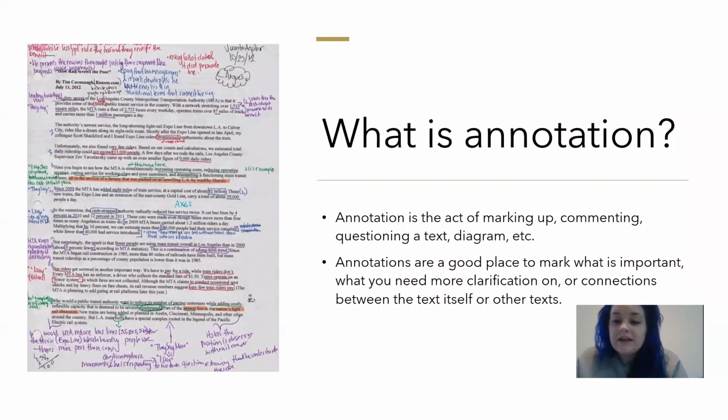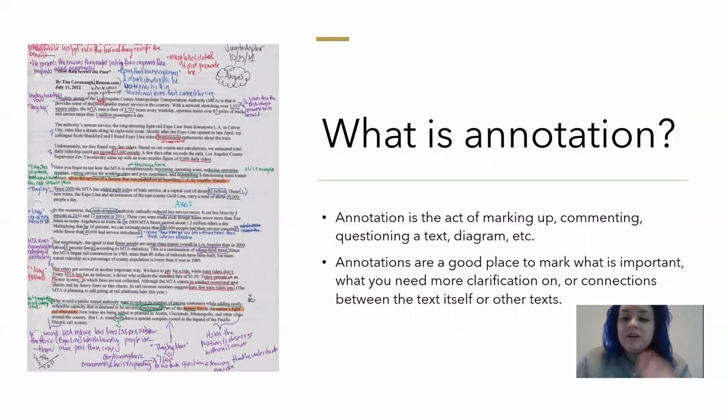So for the assignment that's due on Wednesday, you should select the article that you'd like to work with for project 1, and then you should essentially do what this student did here. It doesn't have to be this detailed. You don't have to use a million different colors if that's not how you like to work, but you should go through the text and you should underline,